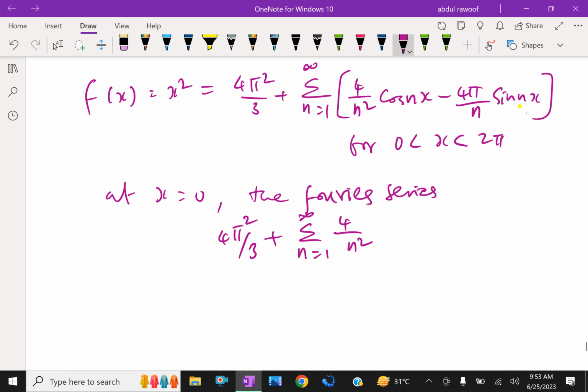Because if you put 0 here, cos 0 is 1, here 1 into 4 over n square, this 4 pi squared by 3,